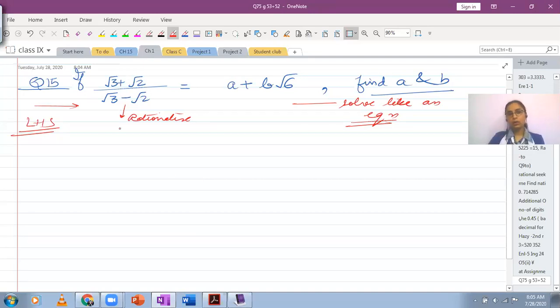Right now, I'm just going to focus on the left-hand side. I'm going to rationalize the denominator on this side, and then I'll come back to my equation. So I'll just consider the left-hand side. It could be the opposite also. Your expression could be on the right, like these two could be on opposite sides, this on the left and this one on the right. So let's just rationalize the denominator.